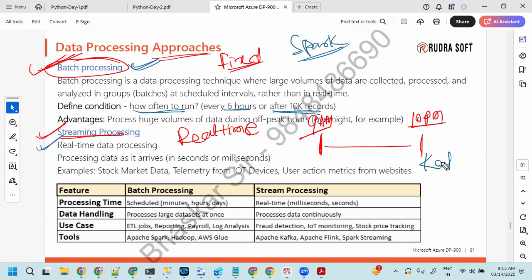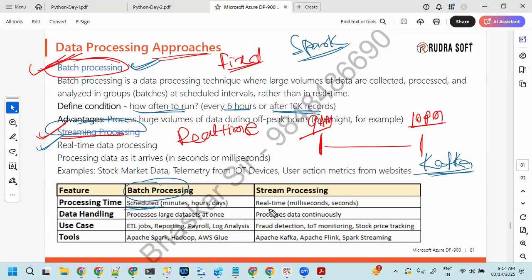There are many streaming services available. Kafka has streaming processing. It's open source, Apache Kafka, I guess. But I did not work with streaming processing. If you want, you can get an update on streaming. So I've given the differences between batch processing and streaming processing, like processing time. Basically, if it is batch processing, we're going to schedule it.